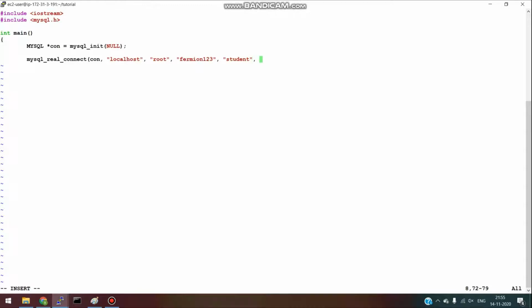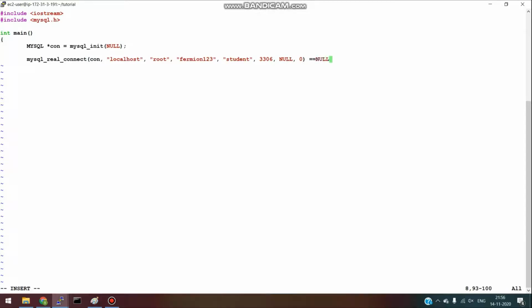And the port number, the default port is 3306, but if your MySQL server is running on some other port, make sure that you check and provide the correct port here. And the rest of the values, this is actually the connection type. If you are using a Unix type connection, then you have to mention the connection name here. Otherwise, by default we are using the TCP connection with our localhost. So let's keep it null. And the client flag, for now keep it 0. And if this connection fails, it will return null.